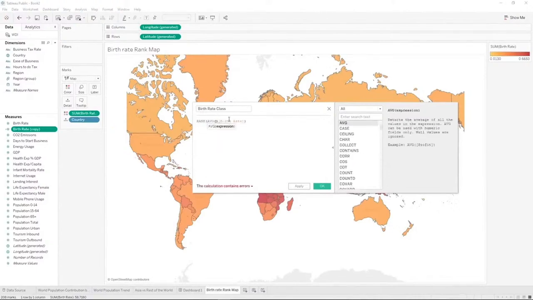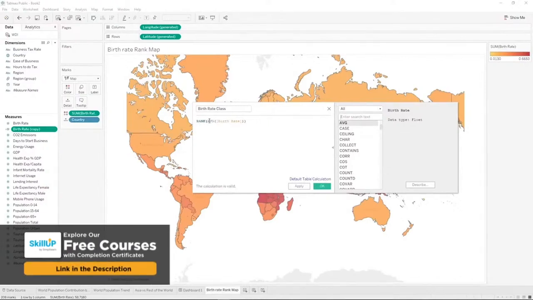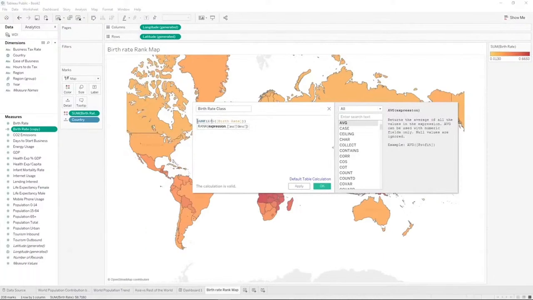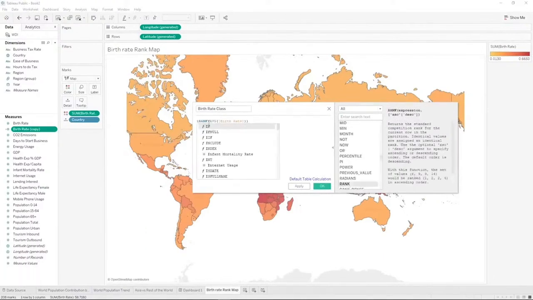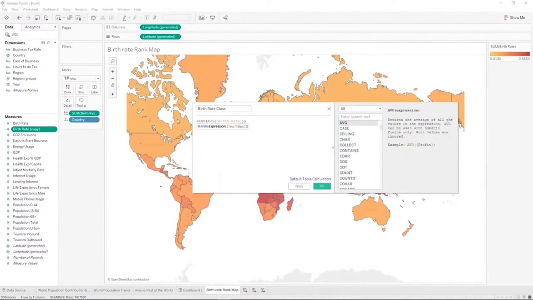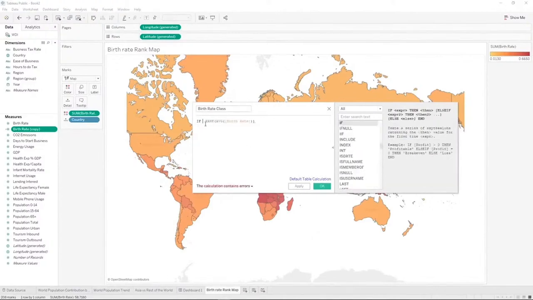So you see, sometimes when you're auto-completing your statements, it will replace one of these functions that you have with the one that you pressed tab for. So if I start to type if, and then I come here and click on if, it replaced my rank with if. So keep an eye out for that. If you're like, where did my thing go? It's because I was typing it right next to it. So if I put a space, and then I start to type if, and I click if, it will not